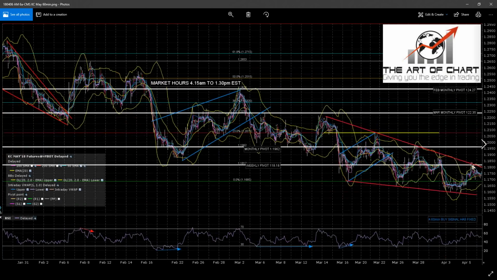KC has broken up slightly through wedge resistance yesterday. It is a slightly mushy trend line, but it's a decent trend line, so I'm expecting that to follow through. We're still on a 6-minute buy signal. Really, KC and SB have been in a deep sleep all week, so it may be that we're not going to see anything particularly interesting happening. But I like KC and SB to the upside, and this is a promising sign. It needs to get back over weekly pivot.